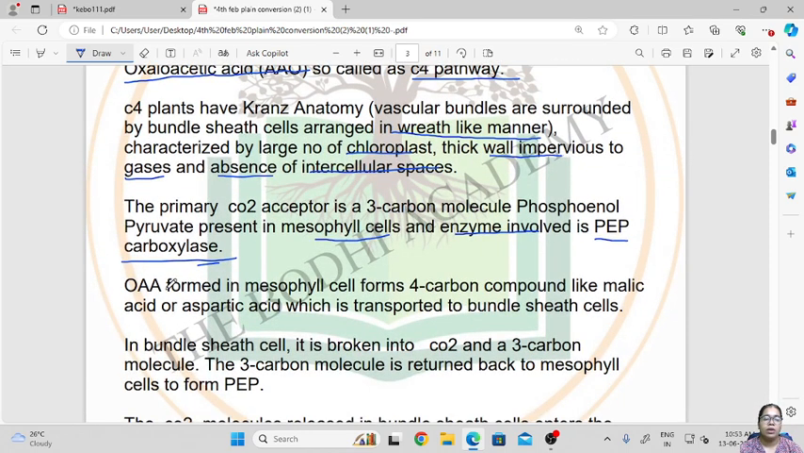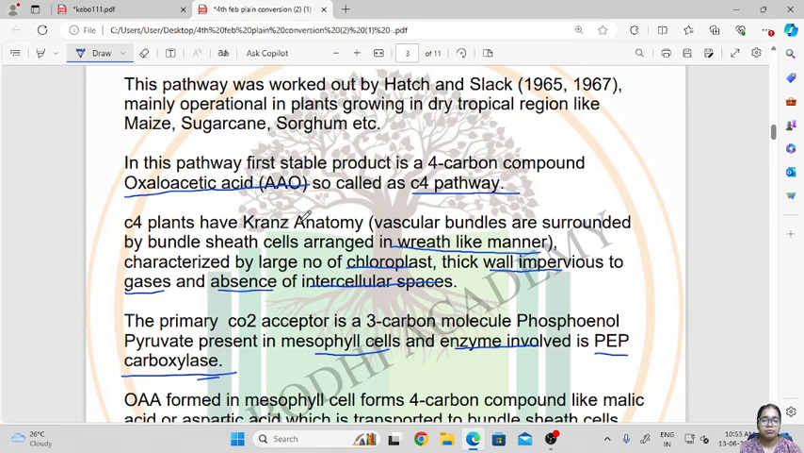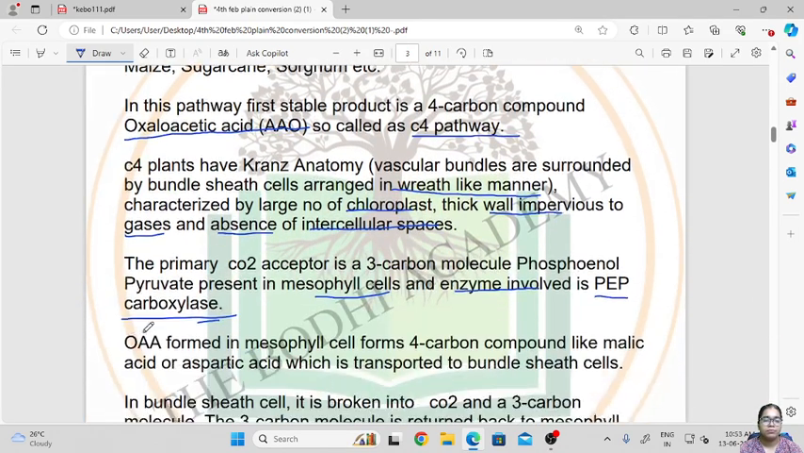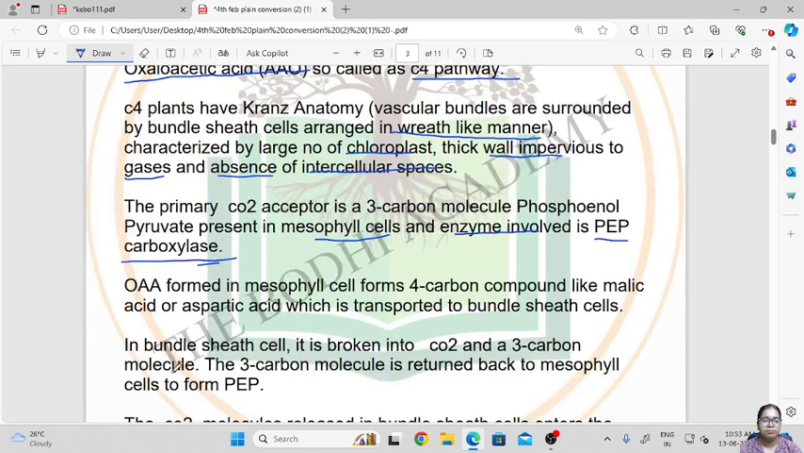Then OAA, that is oxaloacetic acid, formed in the mesophyll cell, forms a 4-carbon compound like malic acid or aspartic acid, which is transported to the bundle sheath cell. Then in the bundle sheath cell, it is broken down into CO2 and a 3-carbon molecule. Then the 3-carbon molecule is returned back to the mesophyll cells to form PEP, that is